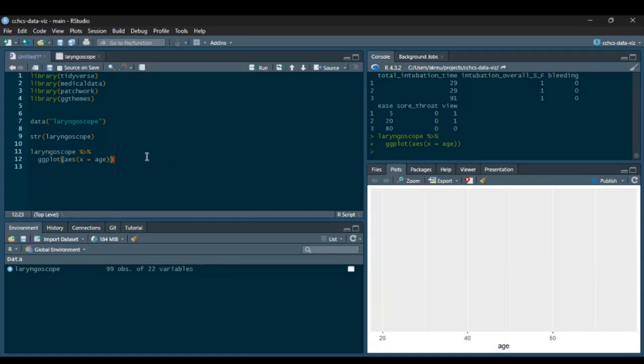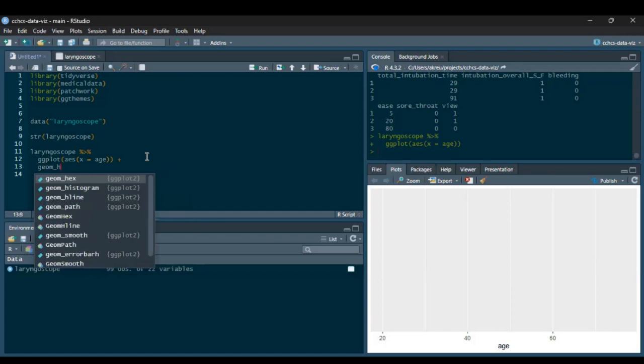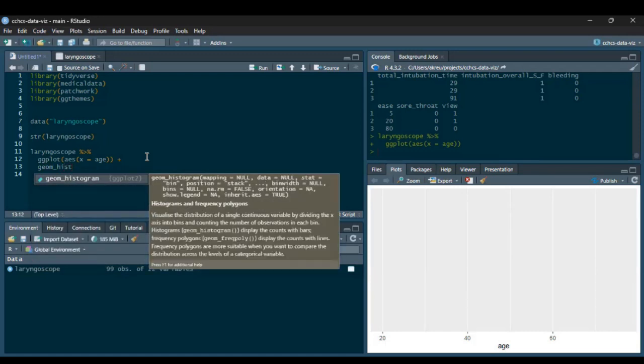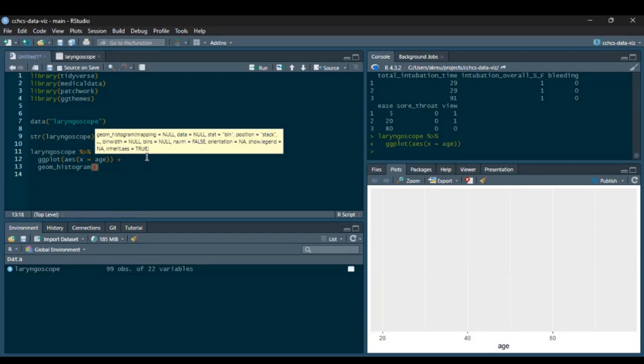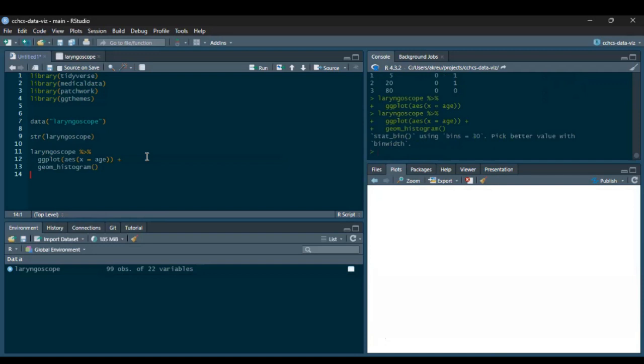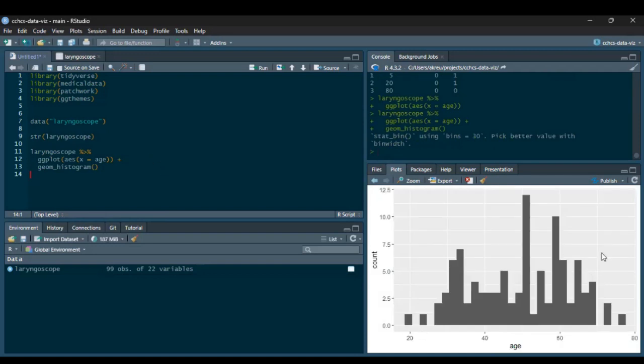So I want to put something on there. Maybe I want to look at the distribution of age, right? So what I would do then is a geometry, and I would do a histogram. RStudio is already auto-completing it for me, so I don't have to worry about spelling and all that stuff, right? Hit Control Enter, and it's going to give me a histogram, right? Now it's also giving me a warning that